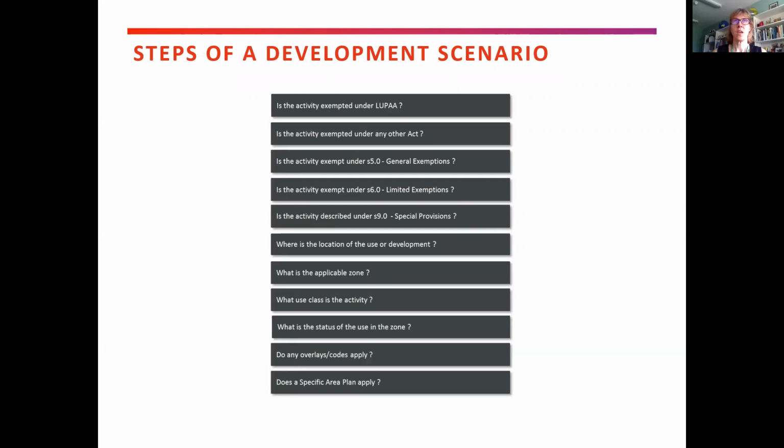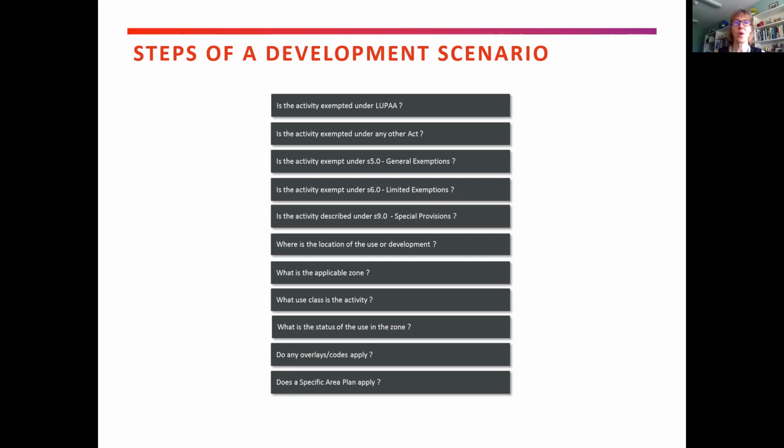So if you think about applying for a development, whether that's perhaps an extension on your house, and think through these steps in the case of a real life example, if you can, just to try to make this make sense a little bit. I know this text is quite small, but I'm going to whip through it. So you work through these in order just to make sure that you're headed down the right direction and not crashing into the middle. So we do need to look at whether you need a permit under the Land Use